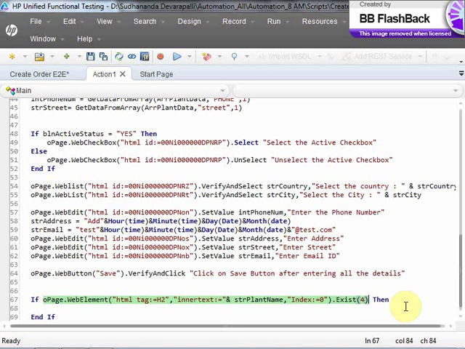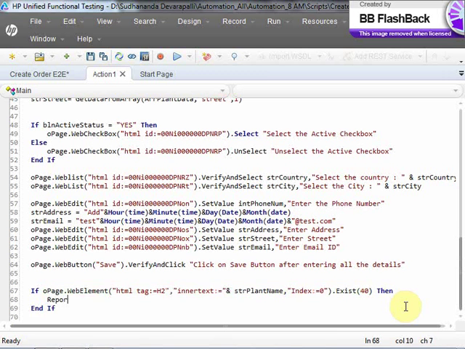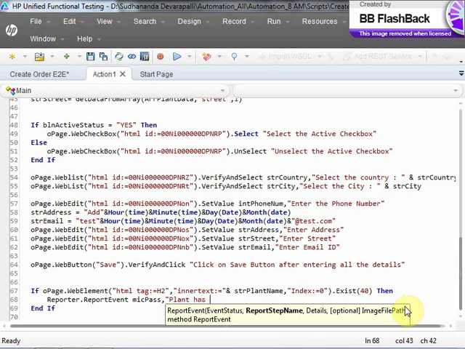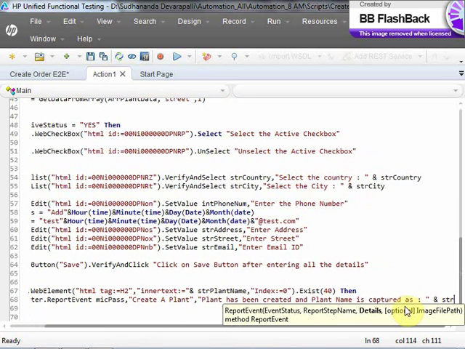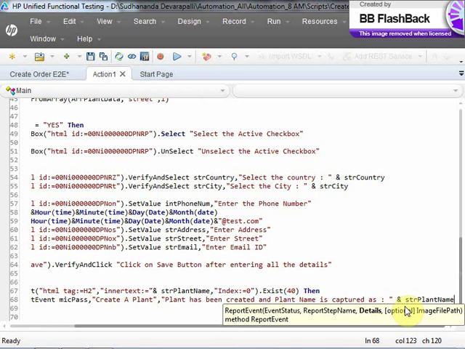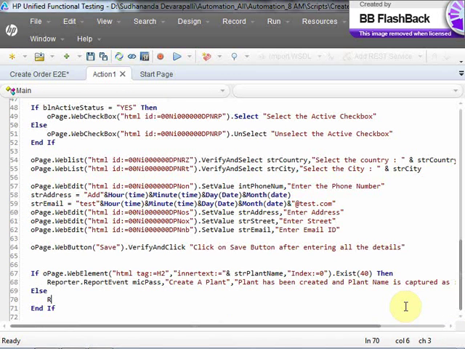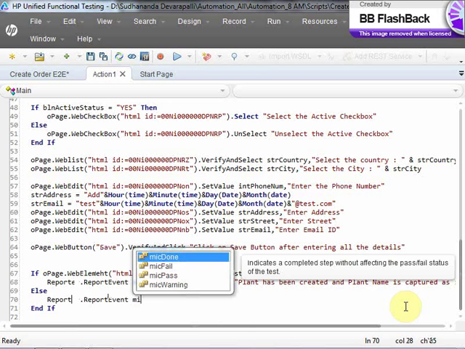Here I'll say 40 seconds, then Reporter.ReportEvent make pass: create a plant, plant has been created, and plant name is captured as str plant name. Else you can say Reporter.ReportEvent make fail